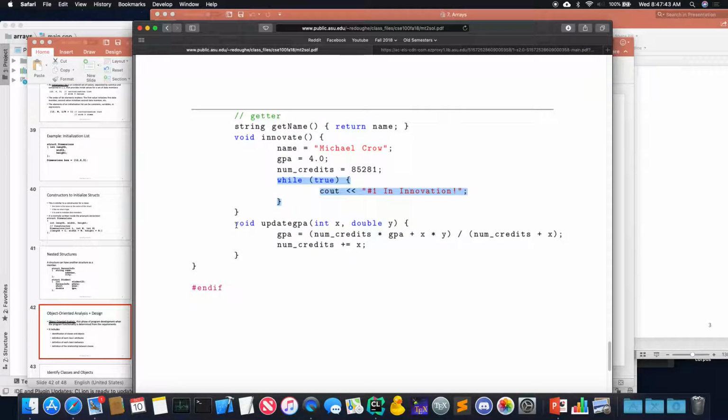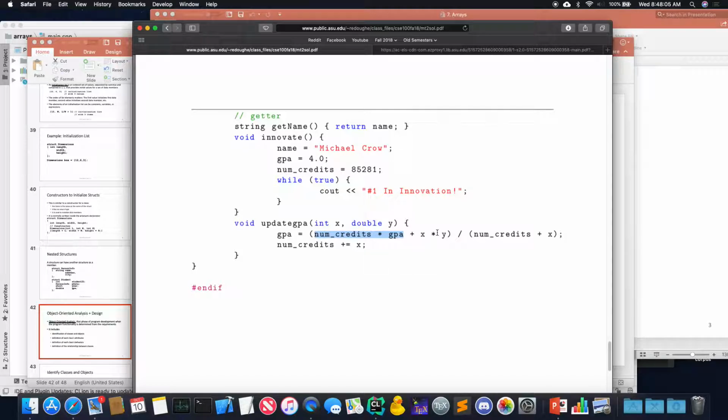And then for update GPA, this is actually how ASU, or anyone really, updates your GPA when grades come in. What they calculate is the number of credits you've already earned times the GPA on those credits. So that gives you the number of points associated with what you've earned so far.